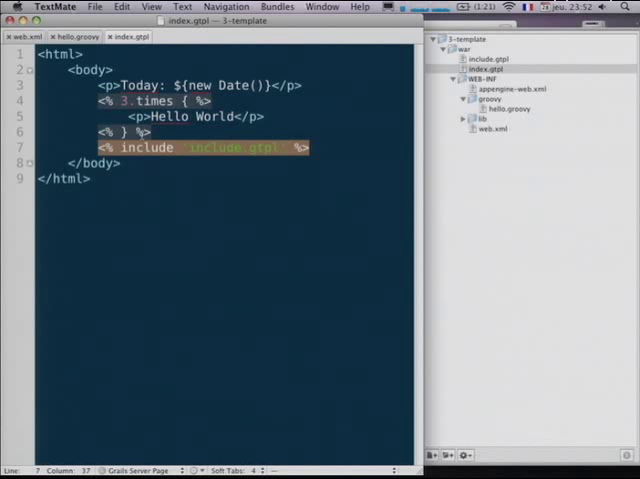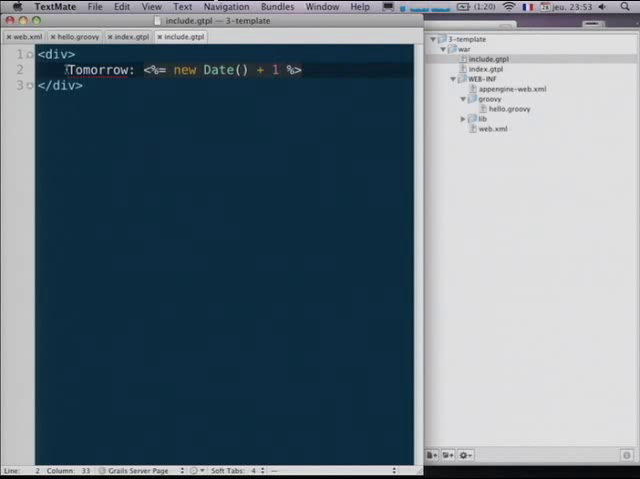So you can also do some page composition, basically, and in my older template there, I've got a little div, and I can say tomorrow equals new date plus 1. And in Groovy, you can also do operator overloading. So if you do new date plus 1, it's going to add 1 day to the new date. And if I